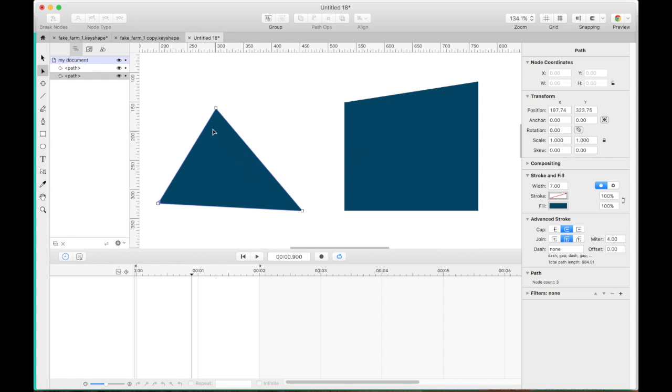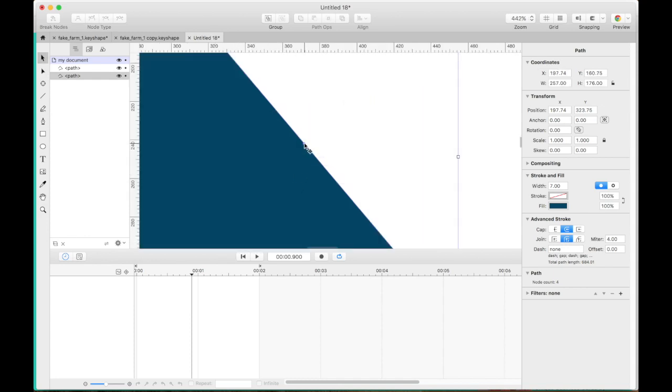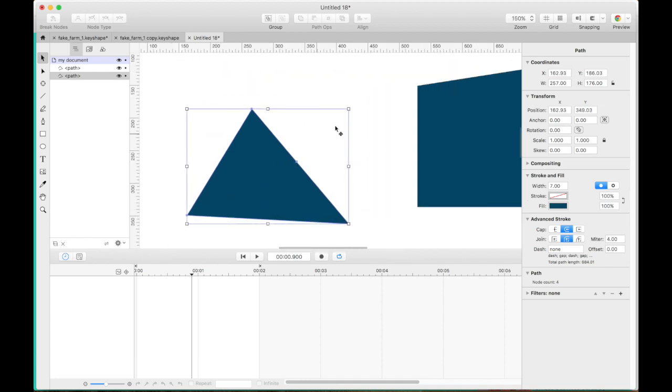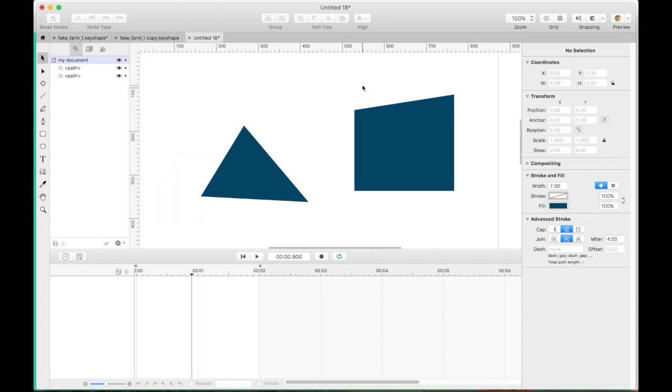So in morphing from a triangle to a square, you want to have the same number of nodes. And I believe the way you do it is you just double click using the node tool. Now, this is something I'd like to have happen, and I haven't figured out, is how to give this a beveled edge, or how do I actually give this thing some feet so I can give it a rounded edge. I'm not sure yet, but that'll come in time.